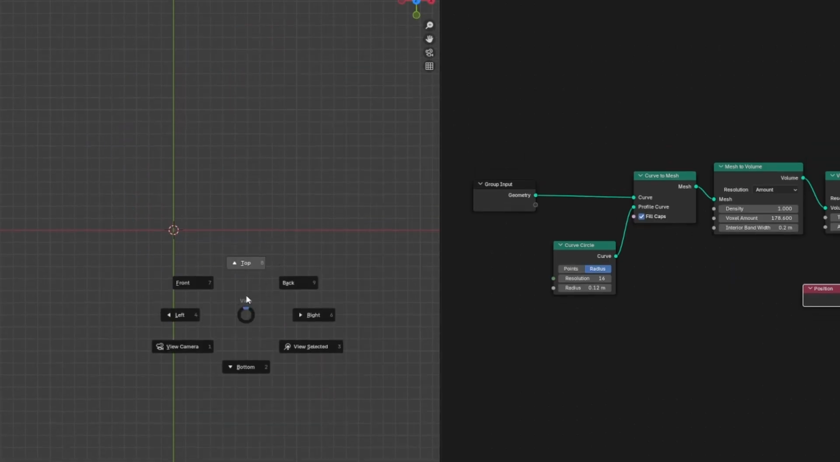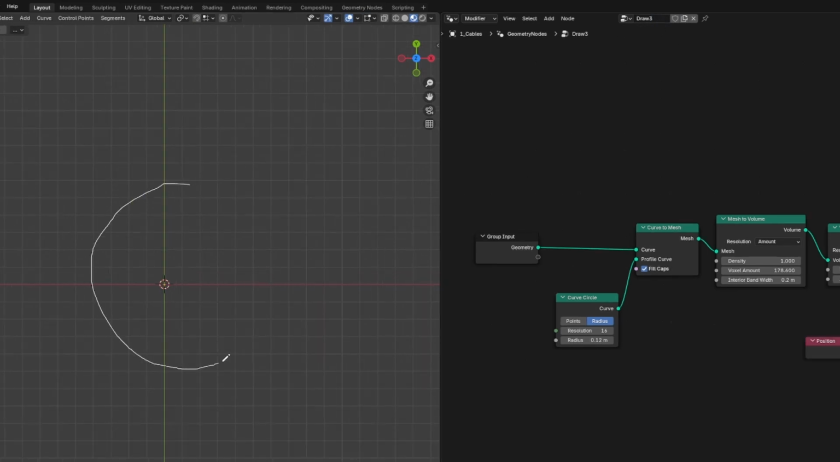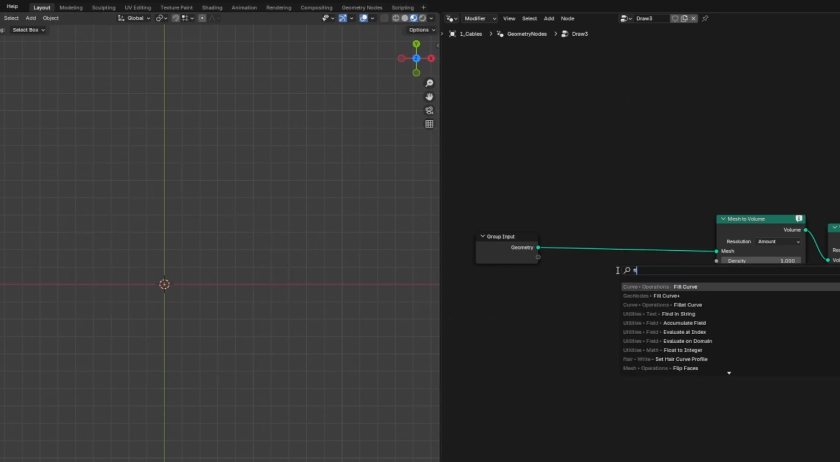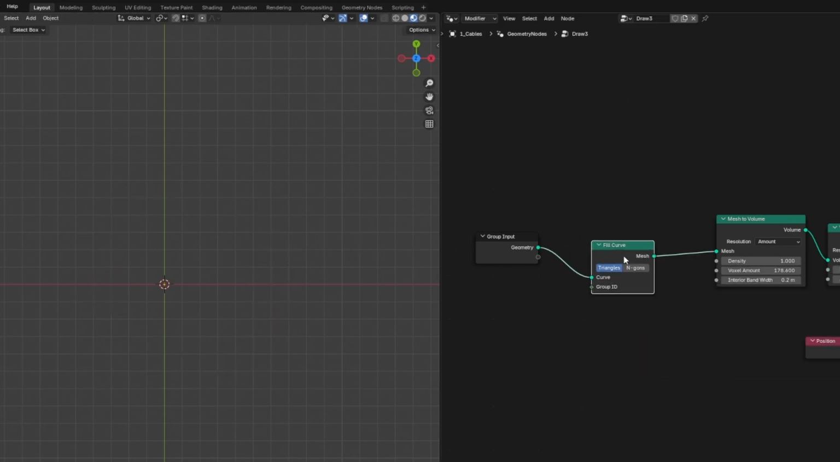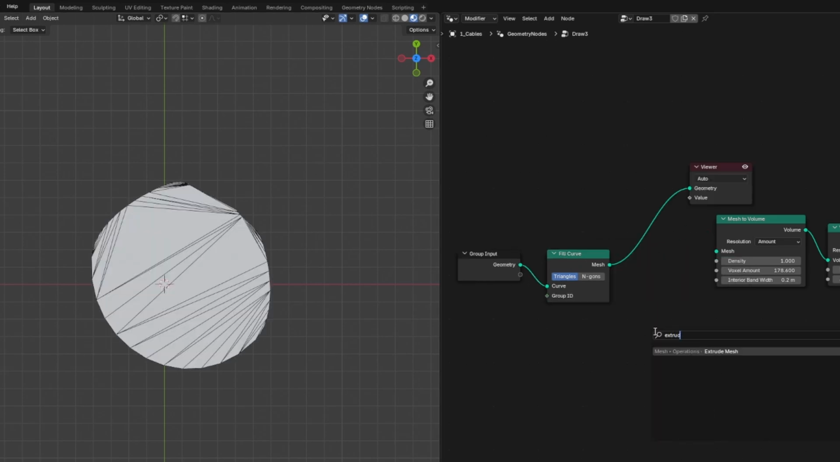For the next tool, make sure you're in the top view. Hit the shield icon to save the last node tree, then duplicate it and rename it. Draw something from the top view, then we'll get rid of the curve to mesh and the curve circle. Search for a fill curve, Control-Shift-click it to preview it, then add an extrude mesh, uncheck individual,